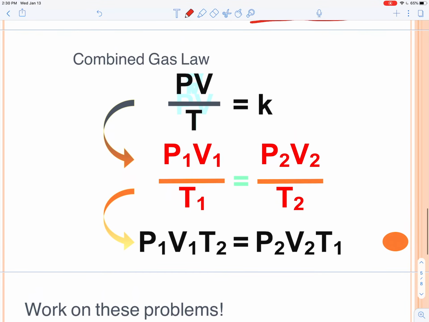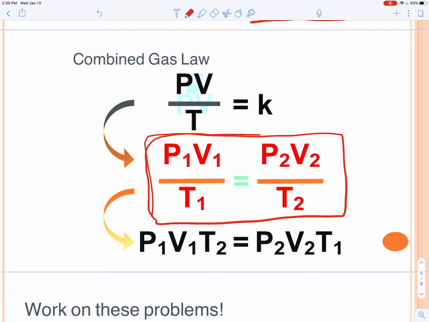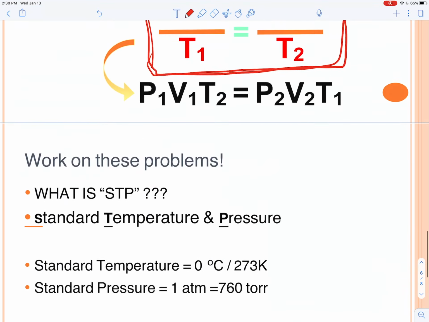Okay, so we learned a bunch of gas laws. If there's only a way we could combine all of them into one gas law, and fortunately there is. If you remember one gas law, just remember the combined gas law. You can just use this one, and if they don't give you a certain variable, you simply do not include it. But sometimes you'll have to use pressure, volume, and temperature to solve, and that's what the combined gas law